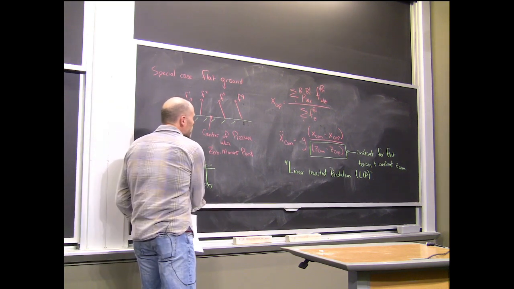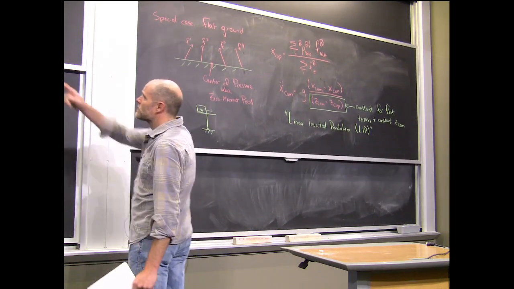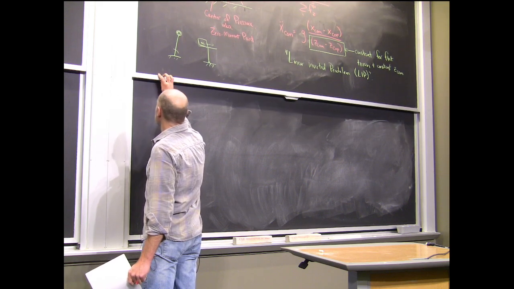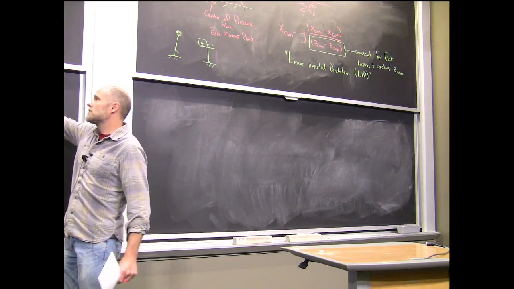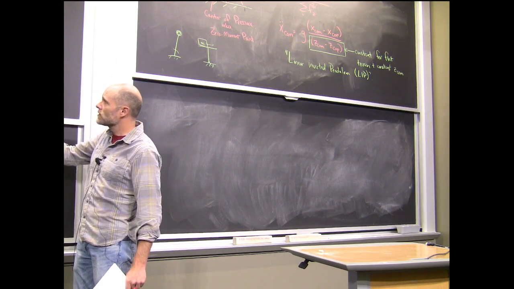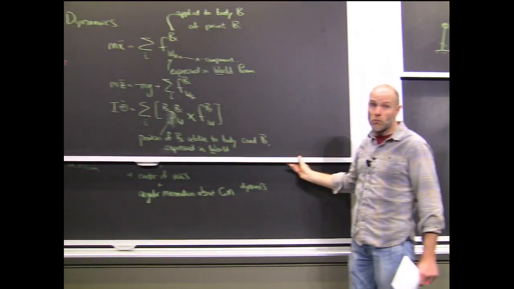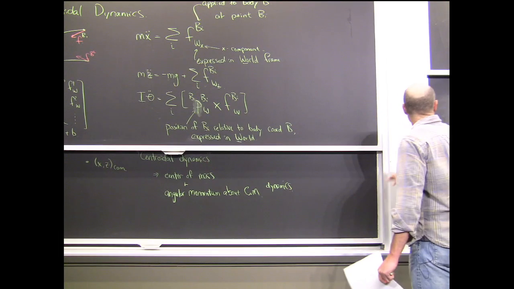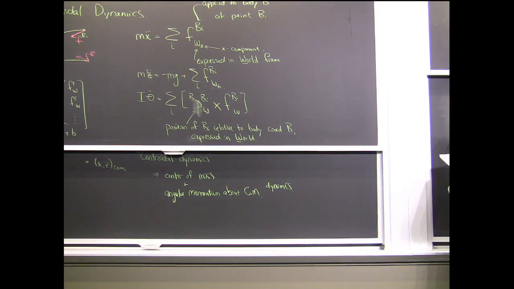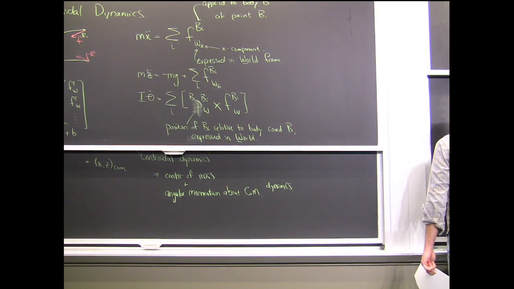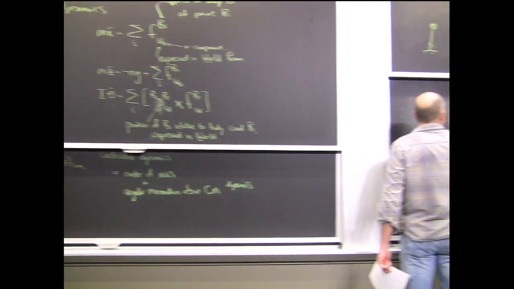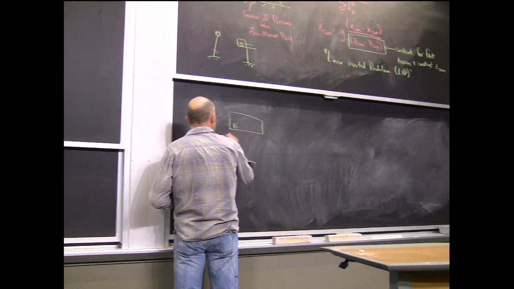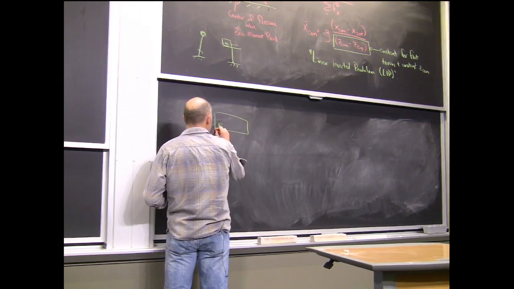Okay, so this falls out of those equations fairly naturally. There are two ways to see it. One of them is directly from the center of pressure definition. Or we can talk about the zero moment point definition. So the zero moment point definition: if I have any body B and it's experiencing a bunch of forces, wherever they may be,